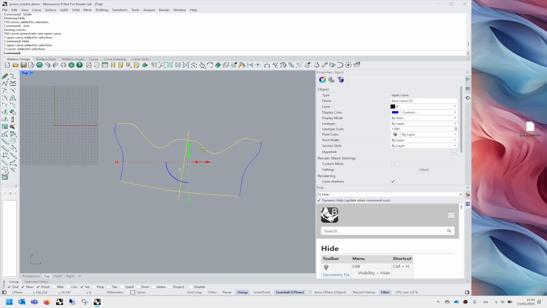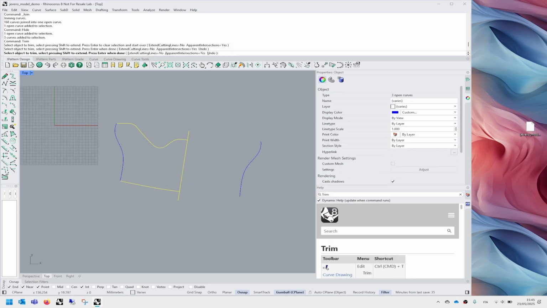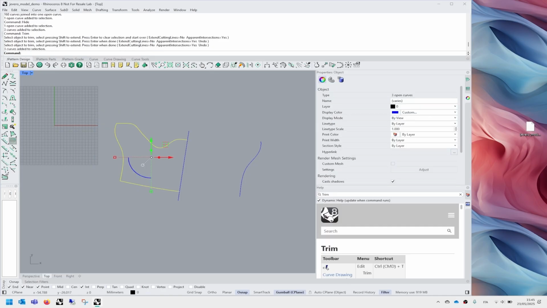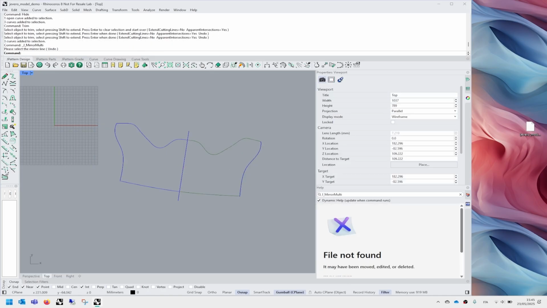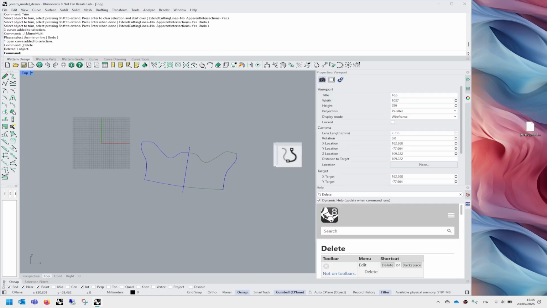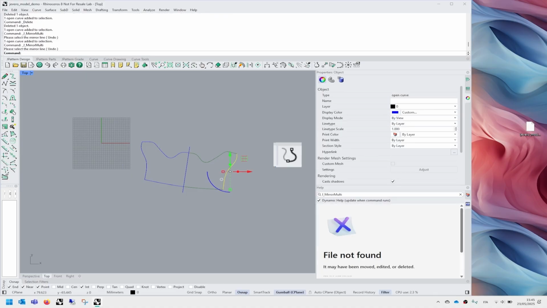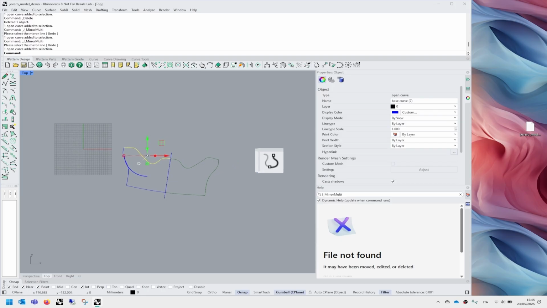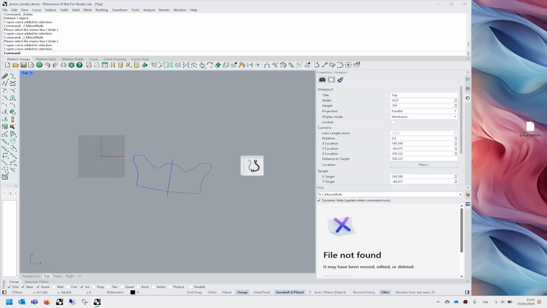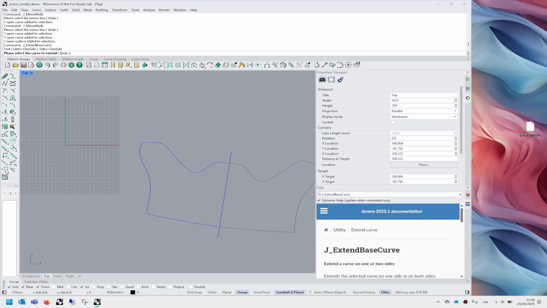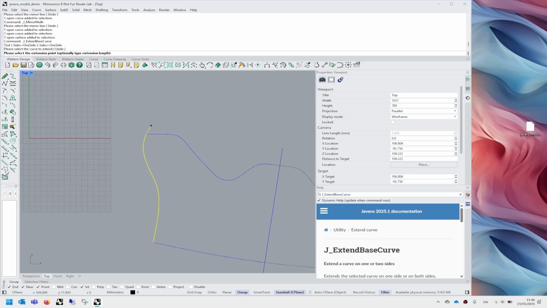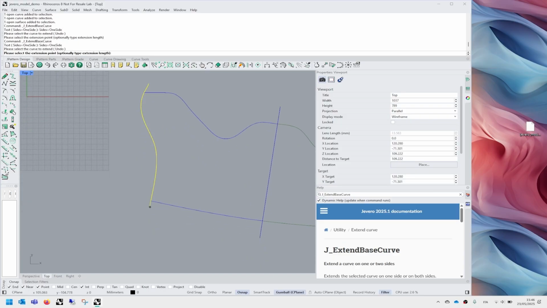So, for example, I can use the trim command to just have this half and then mirror this guy over here, which is totally doable. Like this. But also what you want to do is extend the line, because of the grading reasons and stuff like that. So what you can do is use the extend in this way,